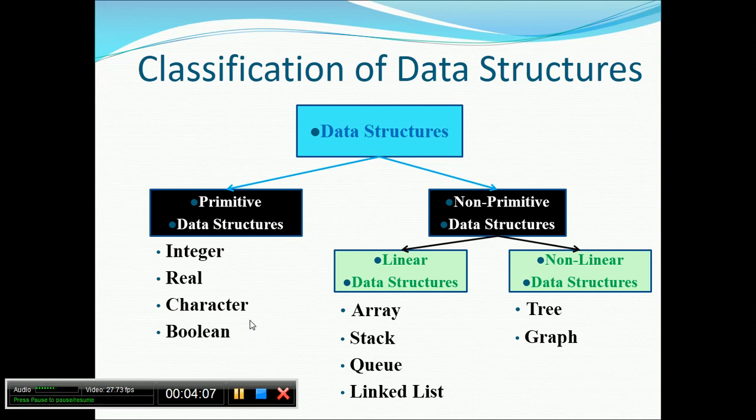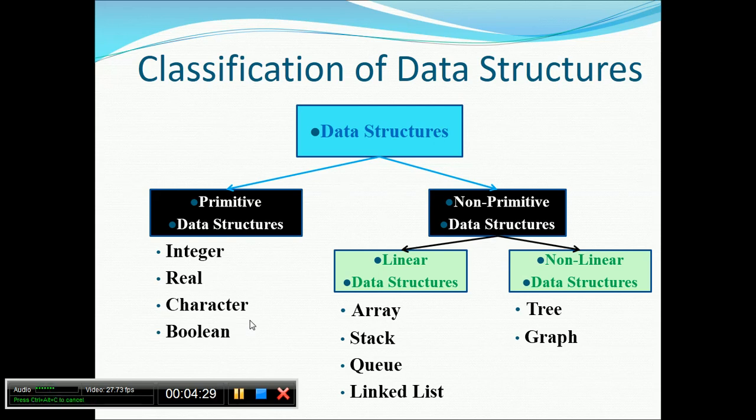I am repeating again, whenever a data structure is a linear data structure, this clearly means they are stored in a contiguous memory location, such as an array. At the same time, the second possible manner would be they are accessed in a sequential manner, for example a linked list.